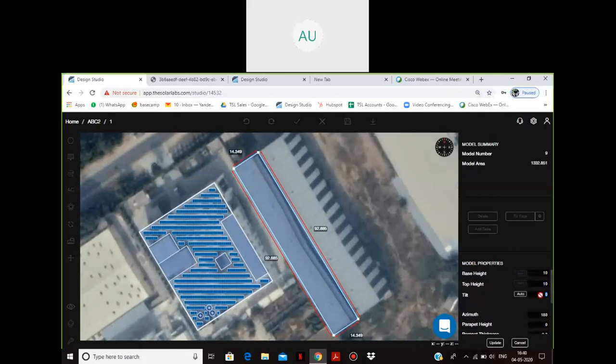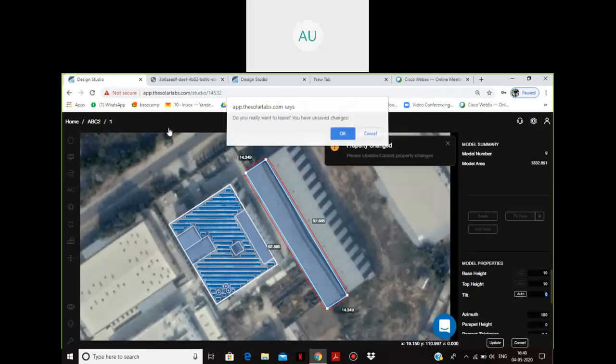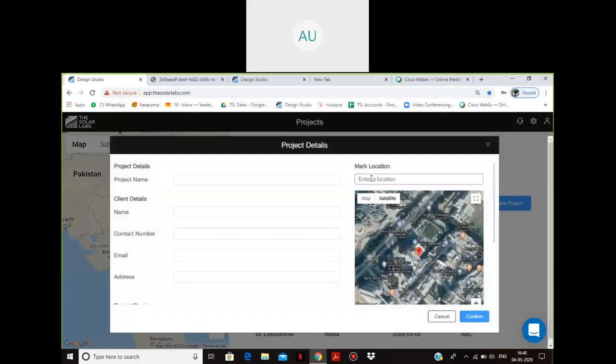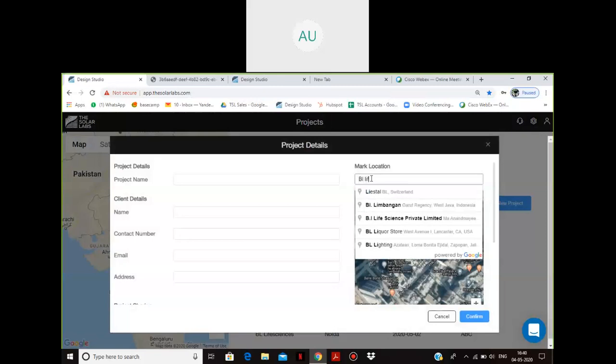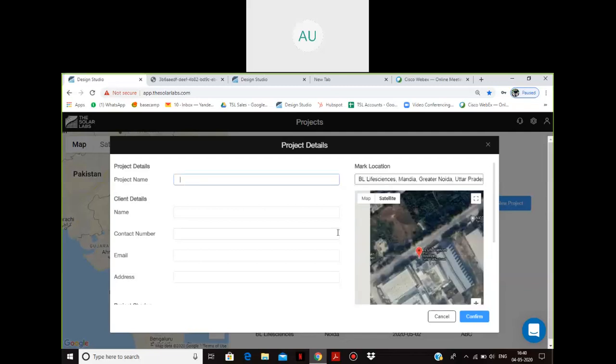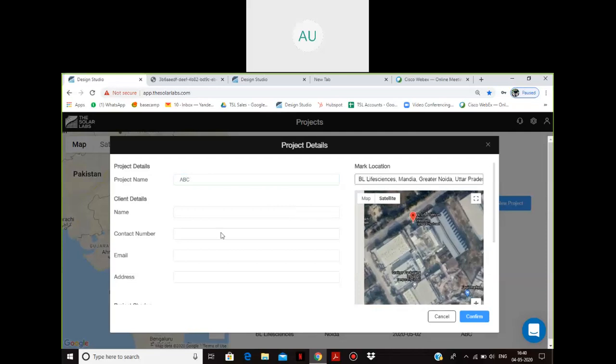Just give me a second, just refresh this. I'm sorry for the inconvenience. There was some lag in my system because of the internet, so it's not taking up the form. I'll just quickly change this.